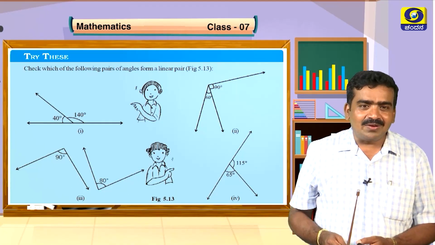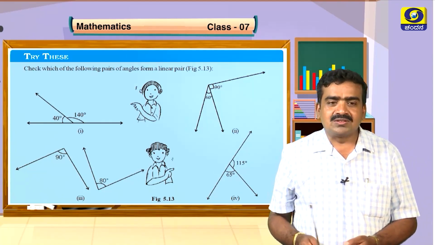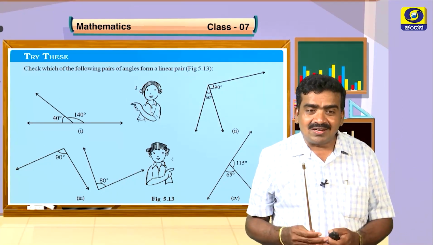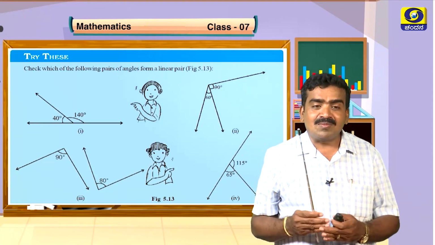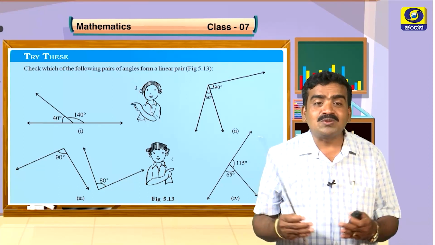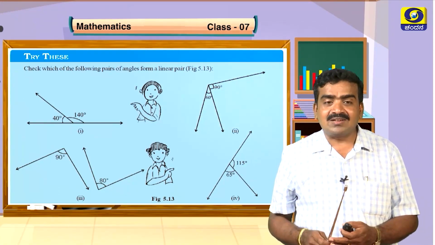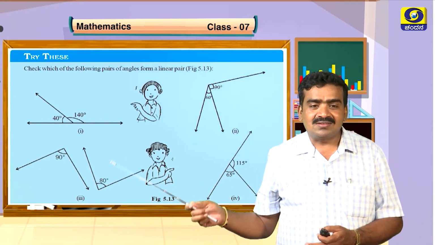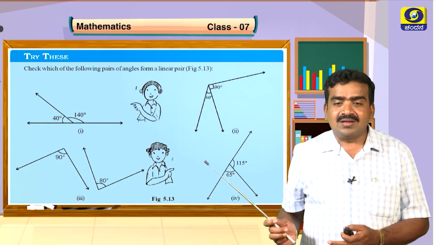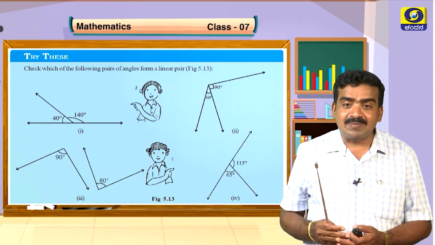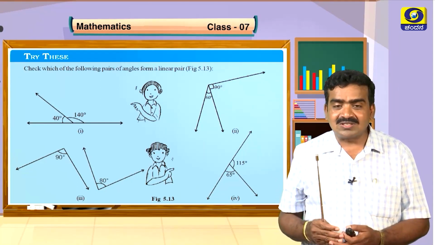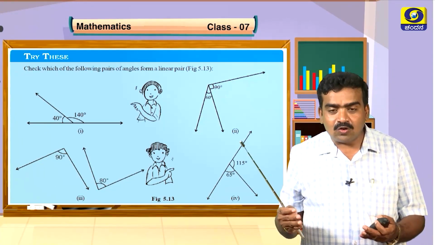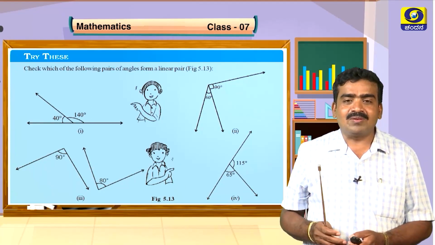Check which of the following pairs of angles form a linear pair. So what do we have to do over here? You have to recall the meaning of linear pair. They should have a common vertex, they should have a common arm, and the non-common arms should be opposite to each other. So by considering this statement, check which of the following forms a linear pair. What about the first one, the second one, third one and fourth one? If the angles obey the statement of linear pair, then you can conclude that the given figure will be a linear pair. Or if they are not obeying the definition of linear pair, they will not form a linear pair.